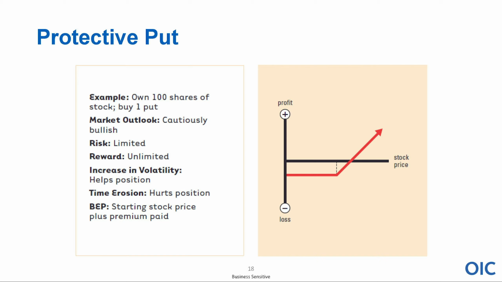If the stock were to head higher, now remember, I paid $2 for this 80 put. The stock is at 79 right now. This stock has to move up $2 to break me even. And you can see where that red line crosses the break-even line there, the stock price. But if the stock goes to 90 or 100, sure, I paid $2 for the insurance that I don't need, but you know what? I still own the underlying shares. So that's a protective put.